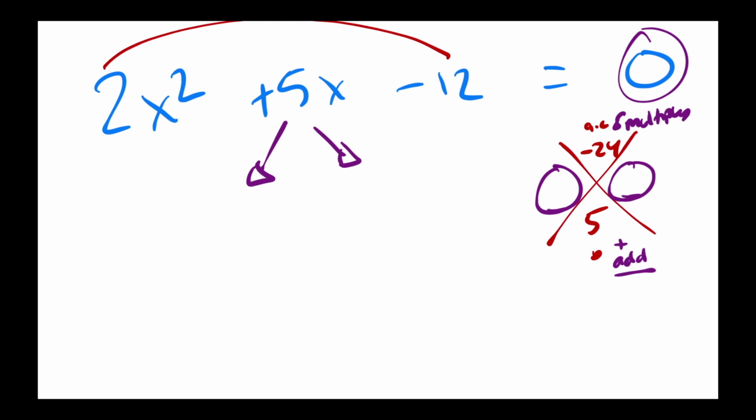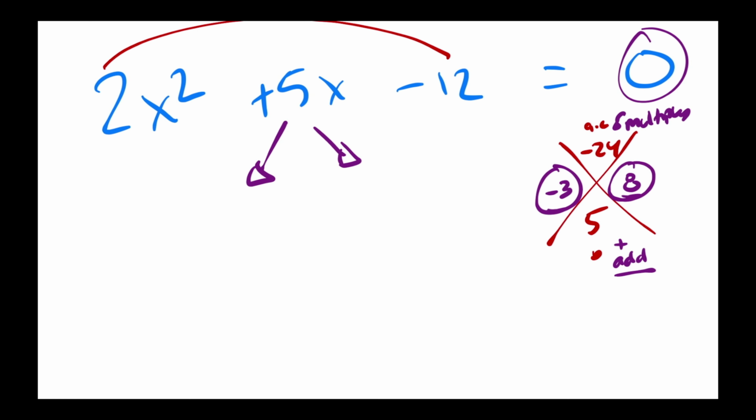So what two numbers add up to 5, but multiply to give you negative 24? Come on, people. I need your help. Two numbers that add up to 5, right? They can be negative and positive. But when you multiply them, you get negative 24. And those are going to be your key numbers here. Yes, very good. It's negative 3